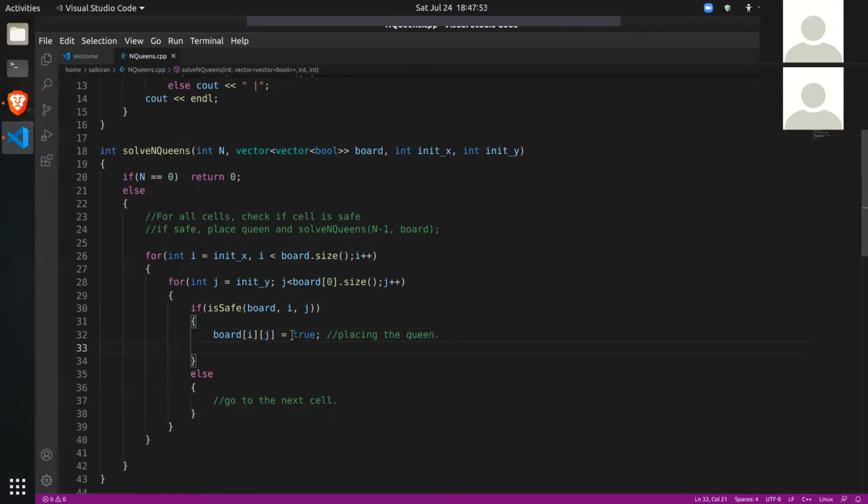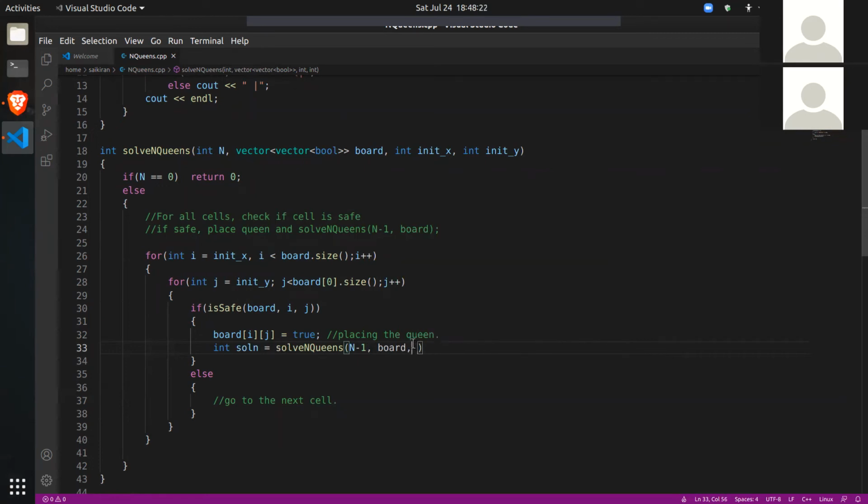Next, what do I do? I ask solveNQueens to place n minus 1 queens, because I already placed one queen now. So solve, and it will return me a solution. We'll see if it is possible or not. So we'll just ask solveNQueens, n minus 1, board.